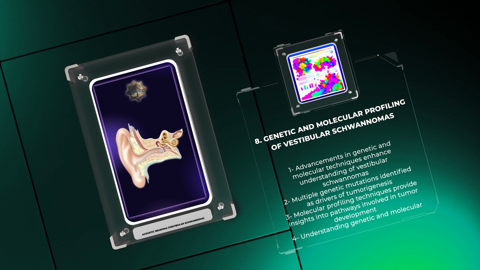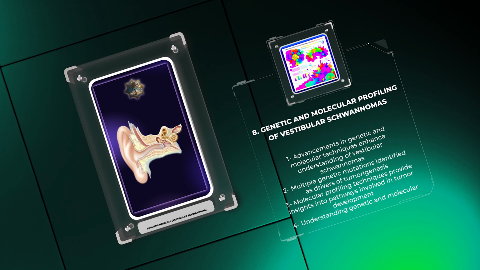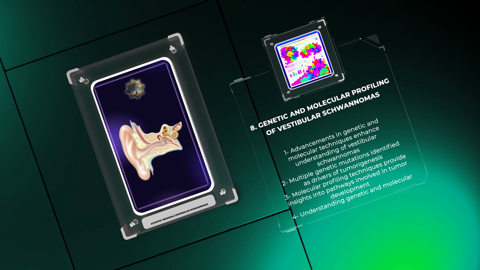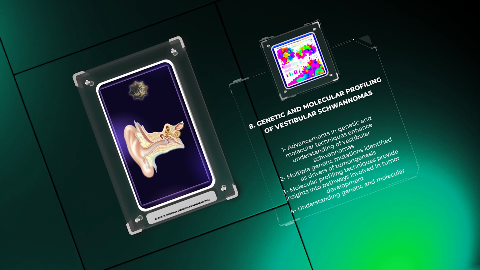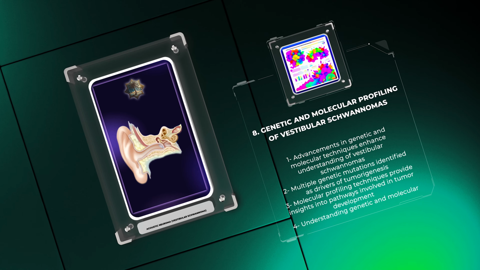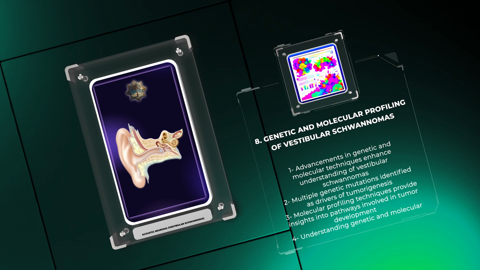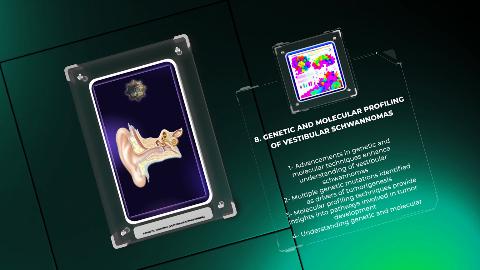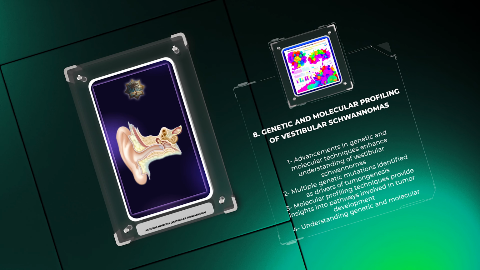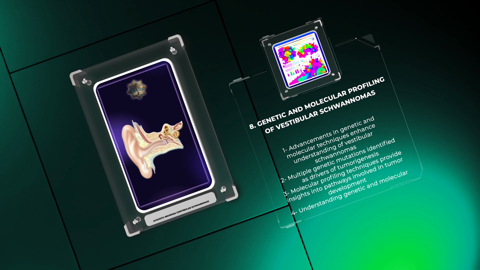Additionally, molecular profiling techniques, such as next-generation sequencing, NGS, and gene expression profiling, have provided insights into the molecular pathways involved in schwannoma development and progression. These pathways include neurofibromin signaling, EGFR overexpression, as well as alterations in integrin-mediated signaling. Understanding the genetic and molecular profile of vestibular schwannomas may help pave the way for targeted therapies, individualized treatment strategies,